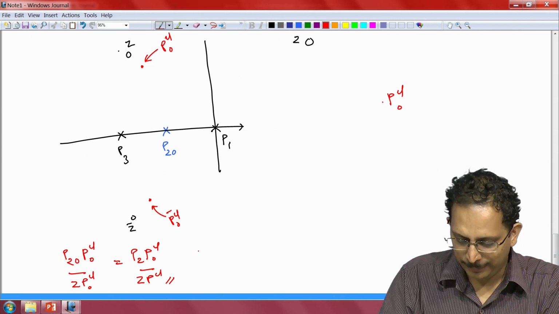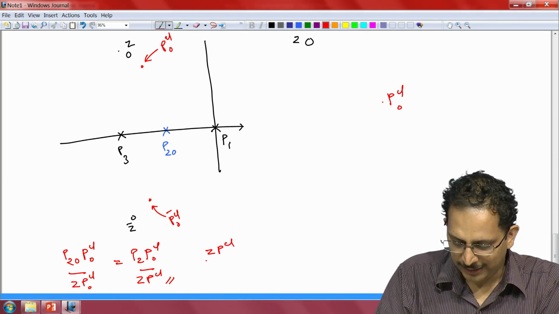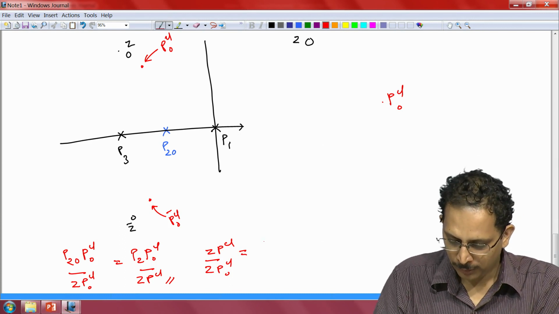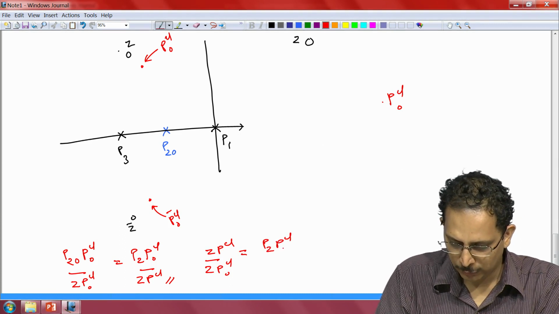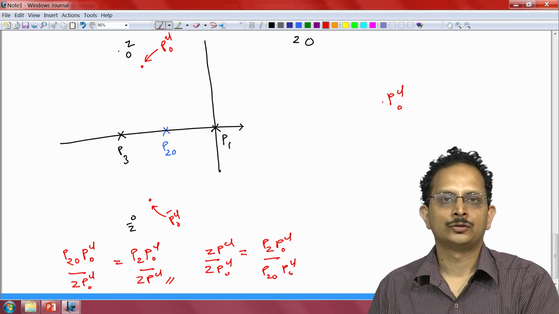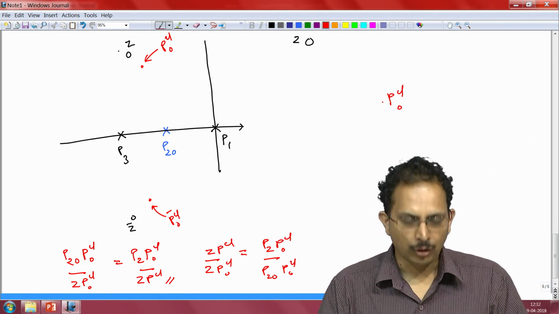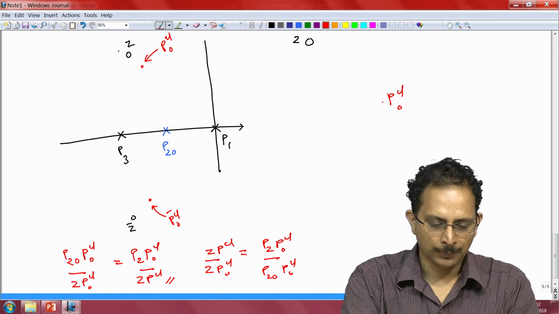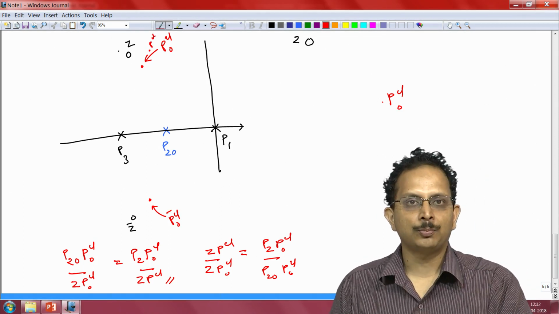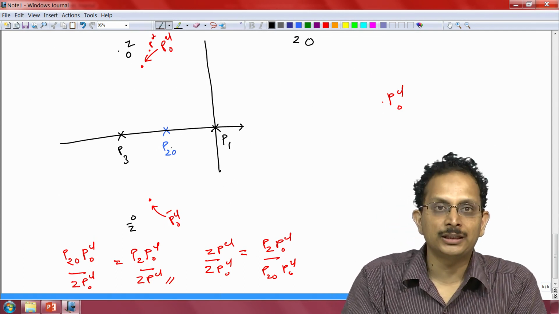Let me rearrange it a little bit. I would have Z PCl divided by Z PCl naught to be equal to P2 PCl naught divided by P2 naught PCl naught. So this is the equation. Let us look at the geometric interpretation of this equation. So the point PCl would be somewhere here, that corresponds to the closed loop pole position when the